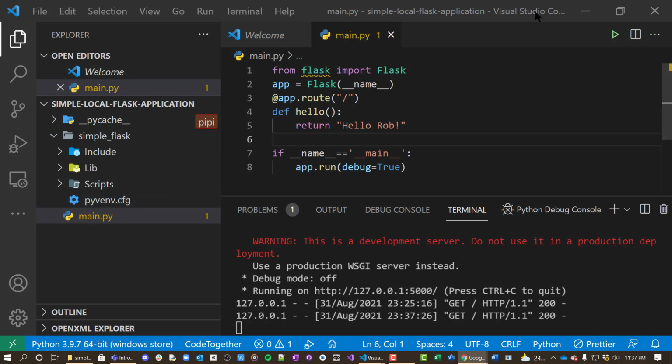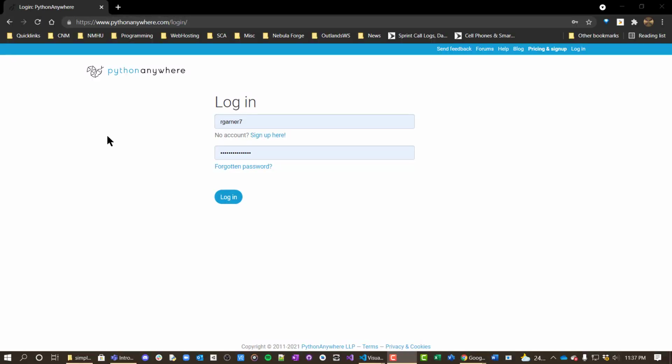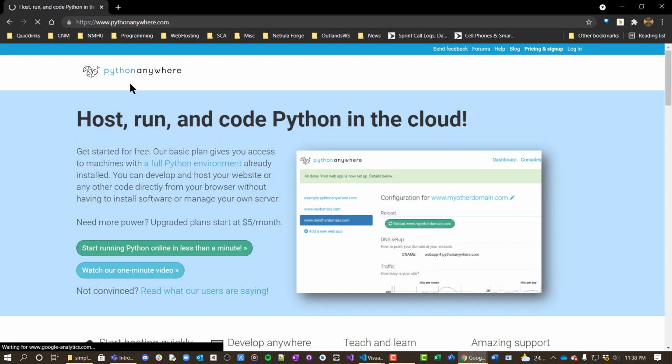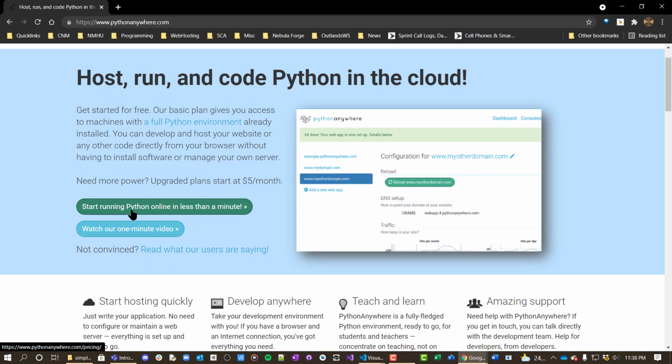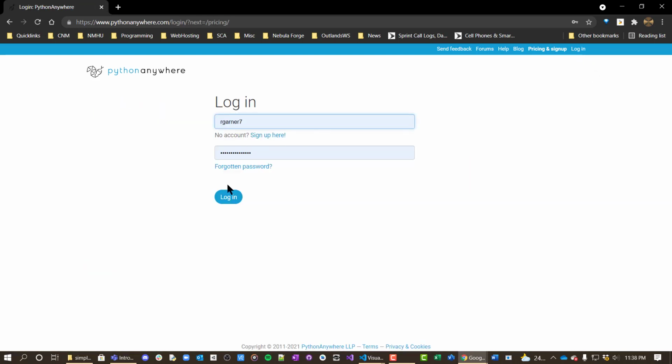So what we need to do next is make an account on Python Anywhere. So I'm going to go there next. And if you go to pythonanywhere.com and go to their login, if you don't have an account yet, if you go to their main page, it'll give you a link, and you can create a beginner account. The beginner account is fine, and once you create that, you'll log in,